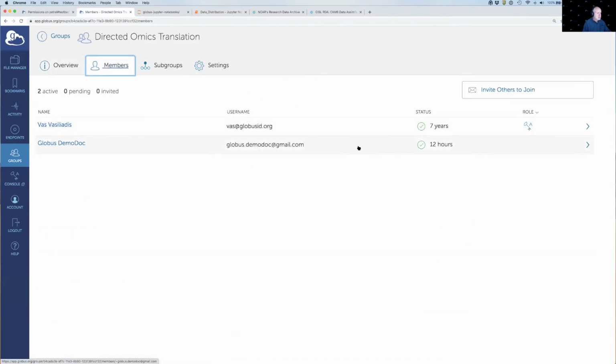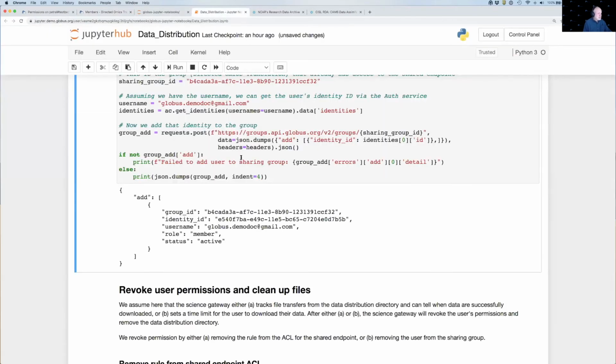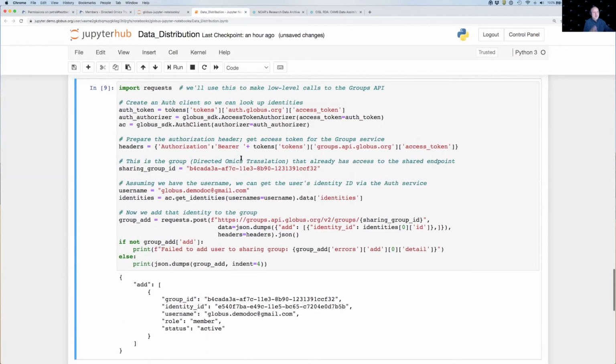There is this demo user that I just added. It actually says they've been a member for 12 hours. That's because I've been adding them and removing them while I've been testing this notebook for the past 12 hours. So yeah, that's the other way to do this, right? Add the individual user to the access control list, or add the user or users to a group that